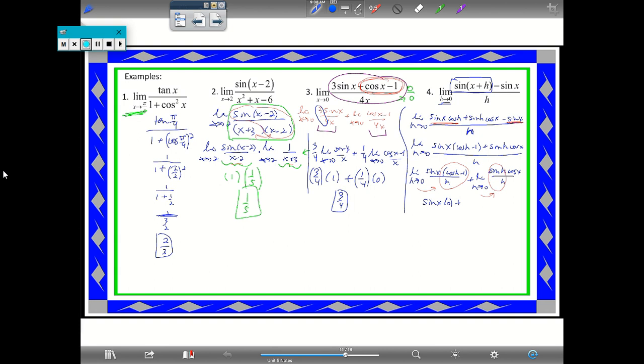Plus the limit as h goes to 0 of sine h over h. That's the special limit. It's 1. And the limit as h goes to 0 of cosine x is cosine x. Cosine x is not involved with the limit as h goes to 0. So this goes away, and I'm left with cosine x. So this is a case where the answer to a limit is actually another function. What we just did is we used the definition of the derivative to find the derivative of sine. Just a little fun fact. The derivative of sine is